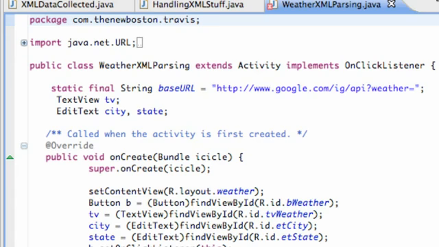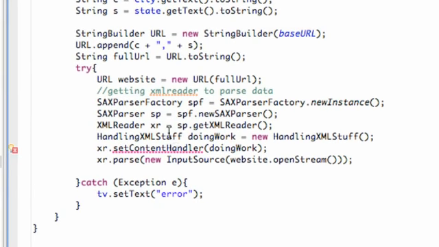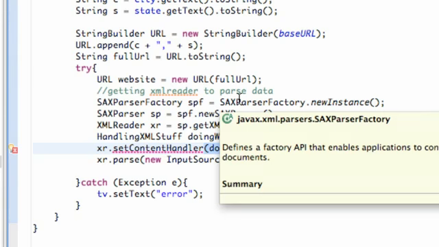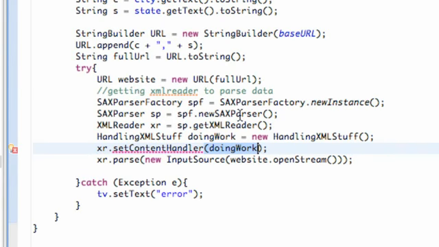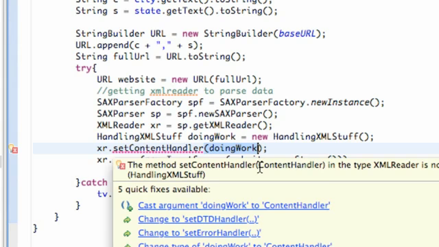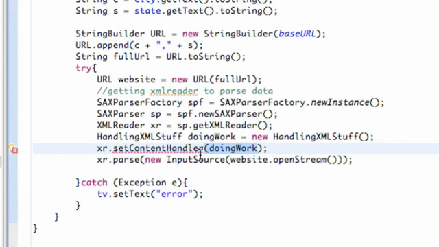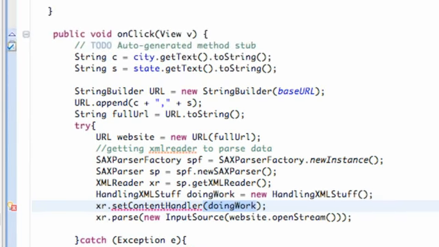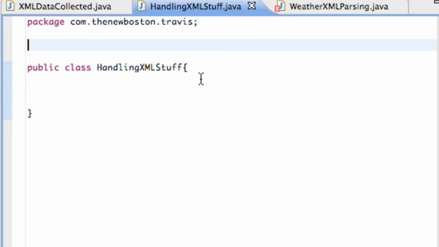What we're going to do in this tutorial is basically set up our handling XML stuff class, because again we set some sort of content handler to handle the method that we want it to do, and that's what that class is pretty much going to do. Don't get confused by handler or anything like that. All it's saying is, we have this class that we want to do the work. So we're going to set that up, and as we scroll over here, you can see it needs some sort of a content handler. So this class has to be some sort of a handler, but as for now, it's nothing, so it's giving us an error here. So let's jump over to our handling XML stuff class, and all we're going to do is say